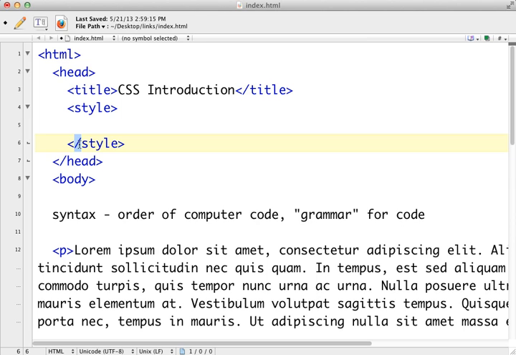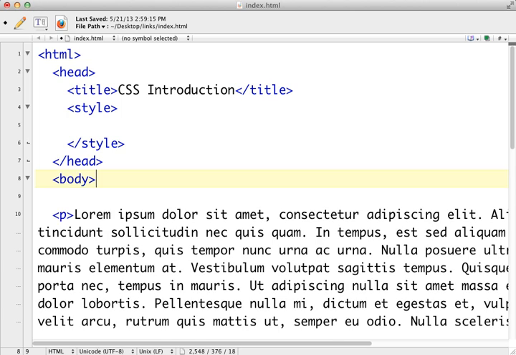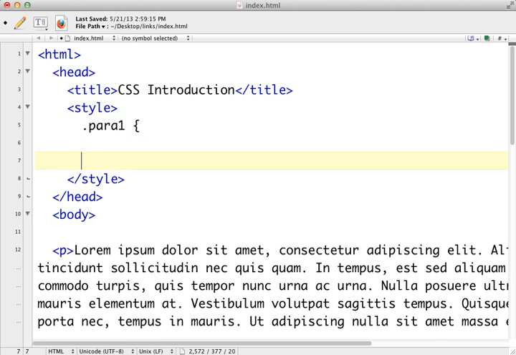So we're used to brackets and slashes and equal signs and a few other things, but the syntax for CSS is much, much different. Syntax for CSS involves curly brackets and dots and pound signs. It's just a different language altogether. So I'm going to create my first rule, my first CSS rule. And you can call this just about anything you want, with a few exceptions. I'm going to call this para 1. I'm going to start it with a dot